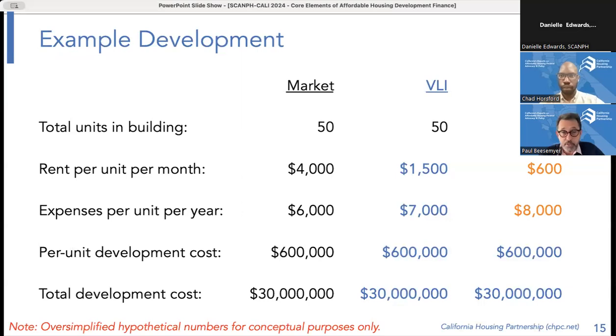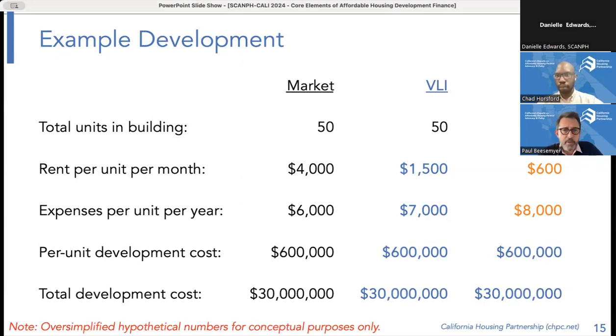So most often we are paying some kind of wage scale. It might be federal Davis-Bacon wages, it might be California state prevailing wages, or it might be required to be union. And there's no judgment here or there, but it can be a cost driver. And also, often in affordable housing, there are other elements that are part of the build, community benefits type space, that are required and are a product of the community acceptance process, and they cost money. And so, net, at the end of the day, we end up with very similar development costs between market rate and affordable development.